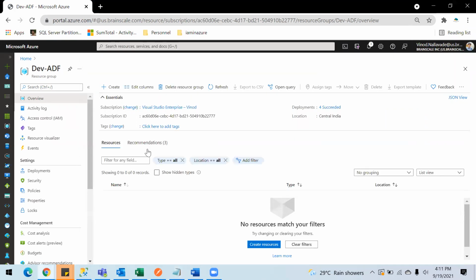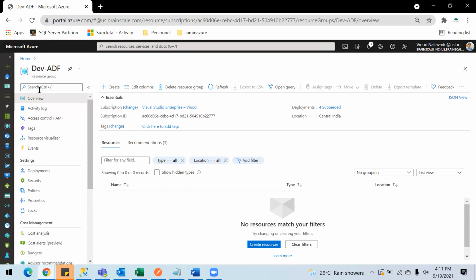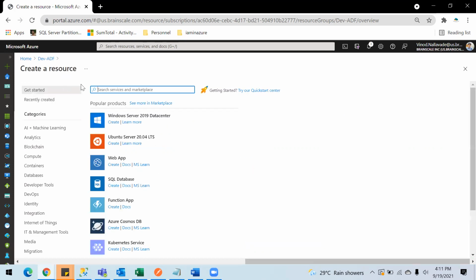So let's get started with the creation of Azure Data Factory service, and inside that we will create pipelines. To create an ADF, I have created a resource group, and I named it dev ADF. ADF stands for Azure Data Factory. Let's just create it, and we need to look for data factory. Here you go.